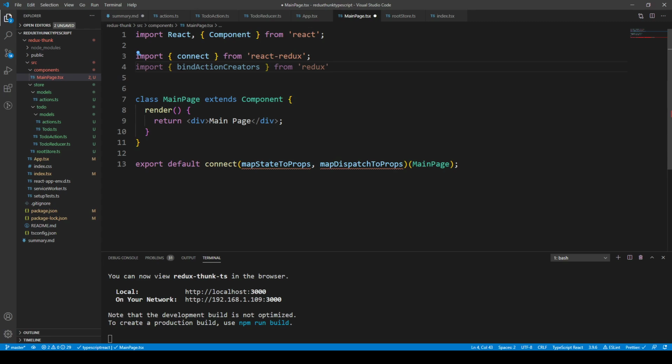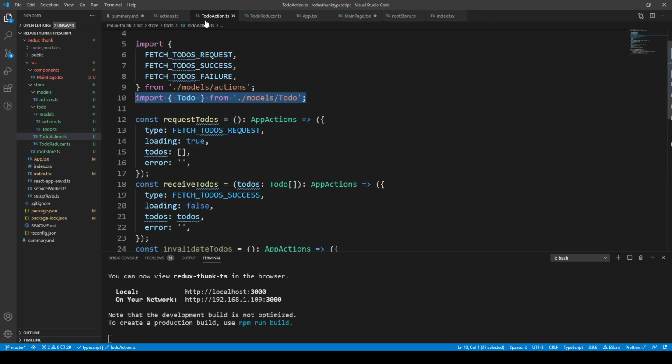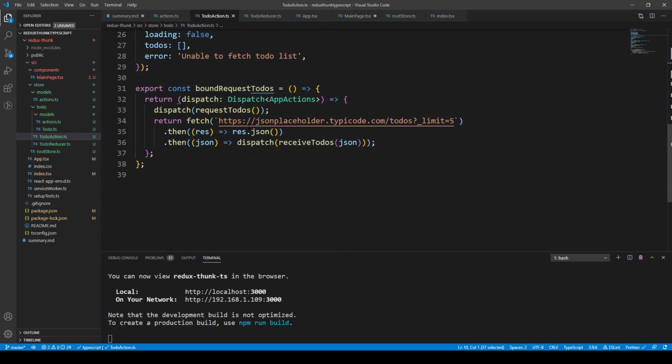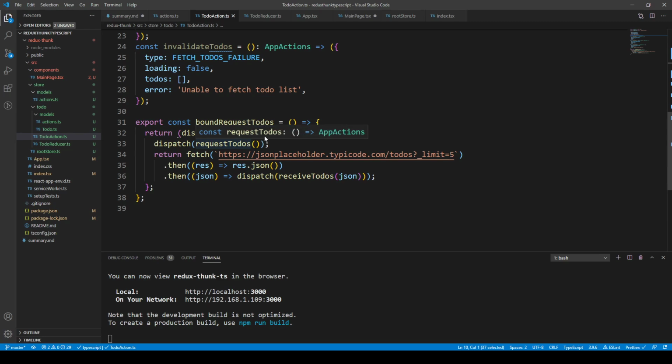So just follow along and then it'll all come together. So this bind action creators, recall that we made our bound request to-dos, and this is going to allow us to dispatch this action from anywhere. So we need to bind it to the particular area that we're working on it with,